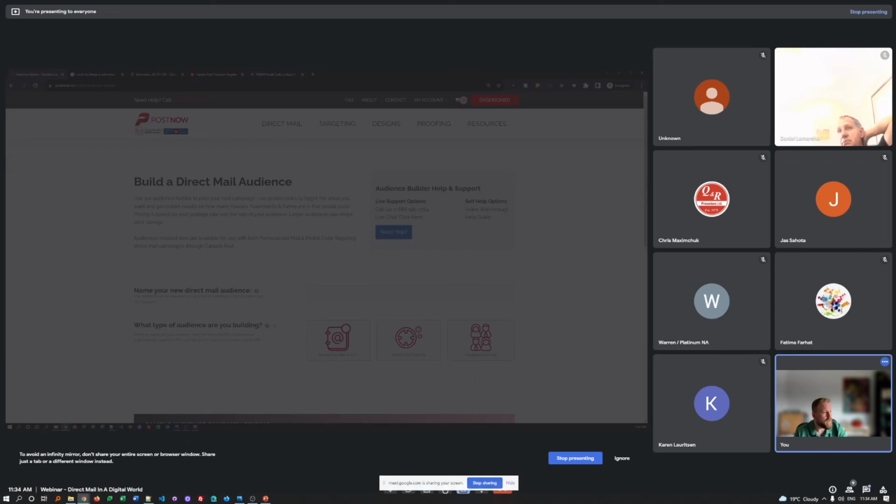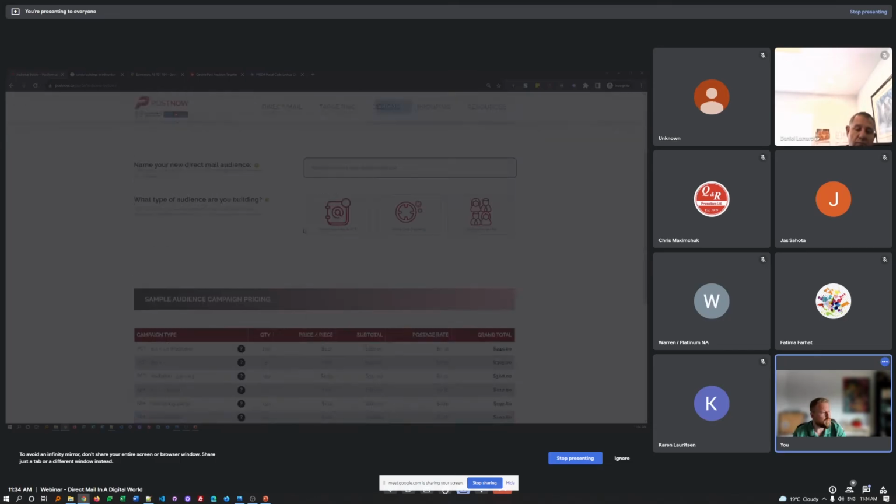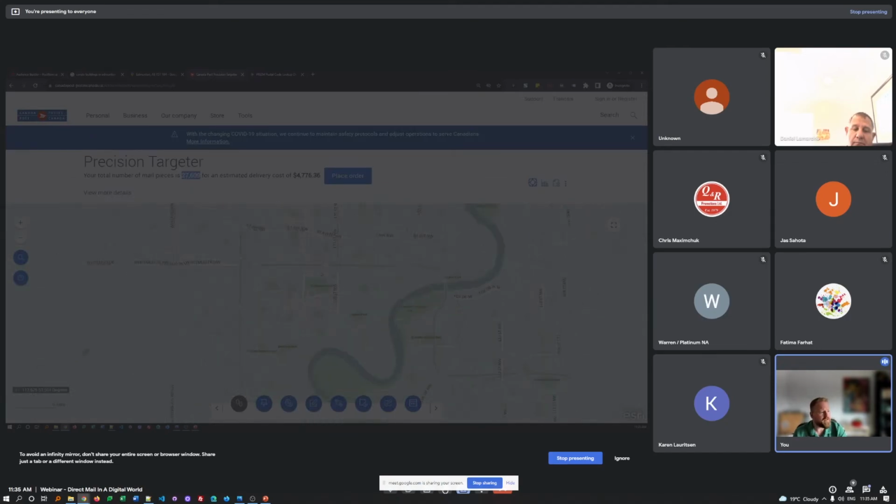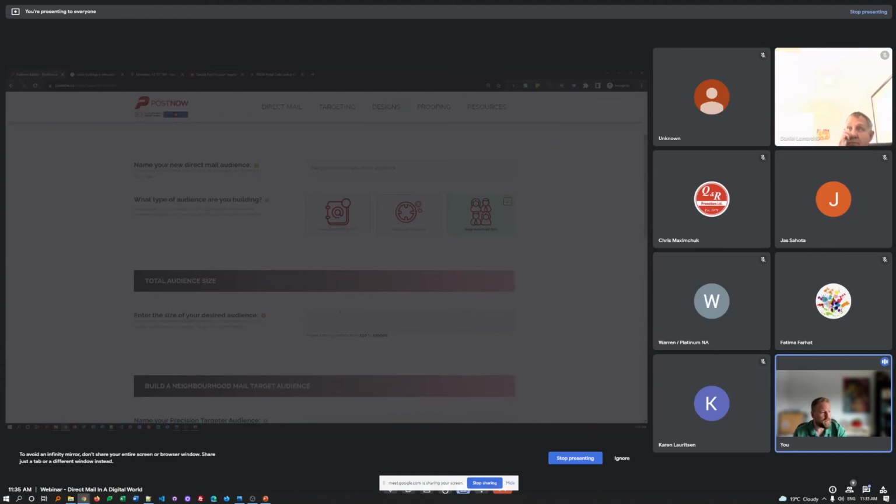So anyway, let's do this neighborhood mail. So, neighborhood mail demo audience. I just want to show you how fast we've tried to make this. We understand that mapping and trying to look at maps, and back to this Precision Targeter, this is not very intuitive as to what I'm supposed to do. And so we wanted to take that away from you guys to make it easier. So when you build an audience, select neighborhood mail,